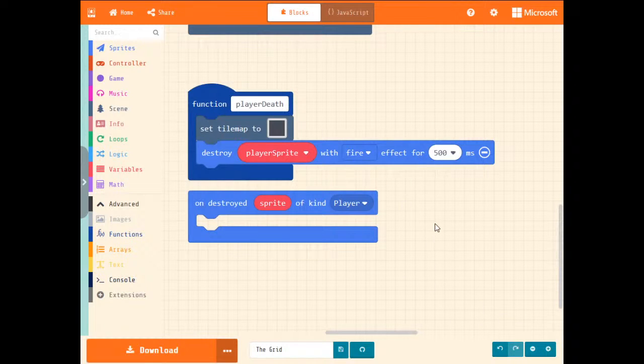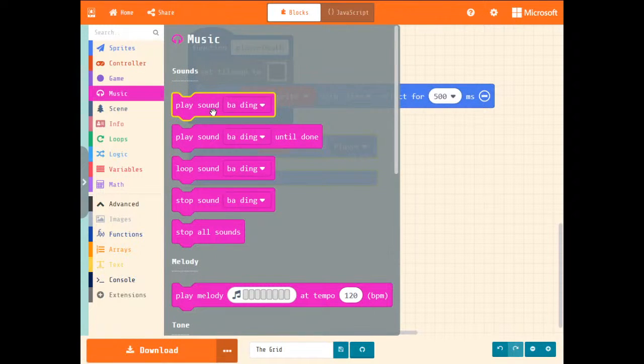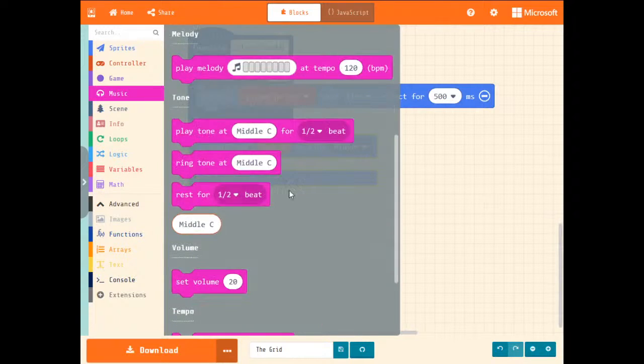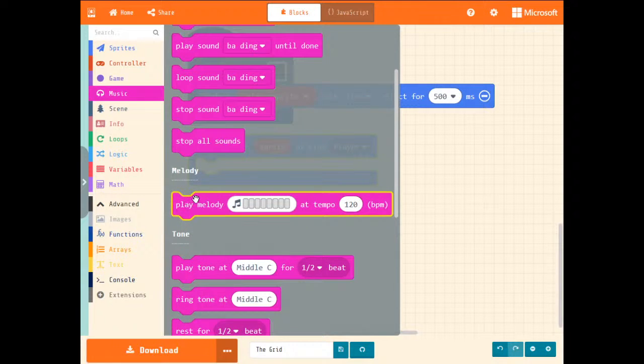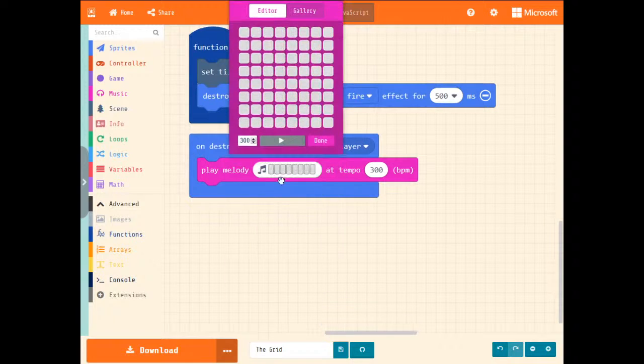Anyway. So when the sprite is destroyed, we want to play a nice little ditty. So let's go to music, and we can play sound. Let's compose our own. Let's play melody. I want it to be quite fast, so I'm going to set this to 300. And let's do, I don't know,